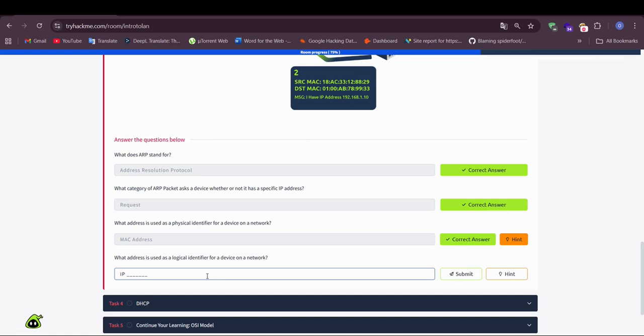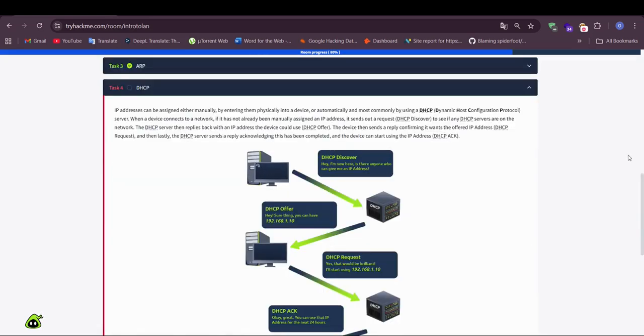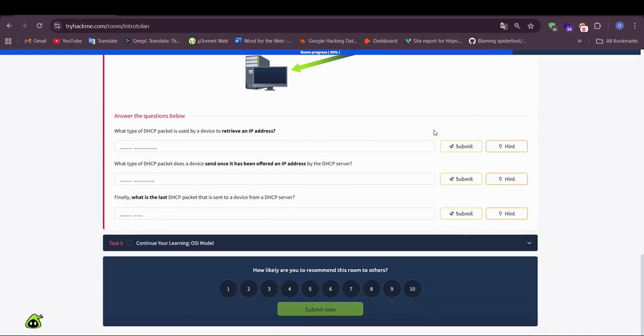An IP address is a logical identifier for a device on a network. DHCP. What type of DHCP packet is used by a device to retrieve an IP address? It is DHCP Discover.